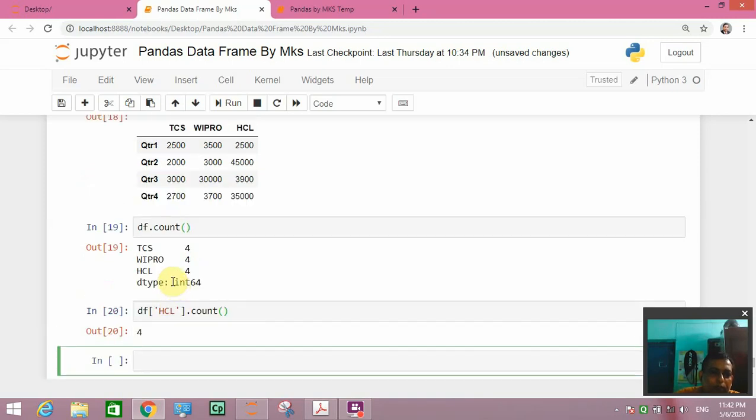Next is sum. Suppose we want to sum each column, then we will write df dot sum. So what will it give?